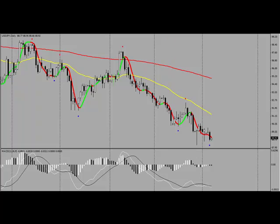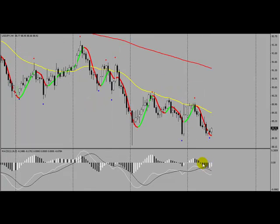On a 4-hour basis it is beginning to neutralize, and that's happening because of this long period of consolidation we've had here for over a week or so. But there's nothing here on the 4-hour that's giving us a strong indication for a trade. We do like this bottom right here. That bottom to us is very significant. If we do break this bottom and close below that on a really good time frame, the odds are this low is going to be taken out. So let's go down to the